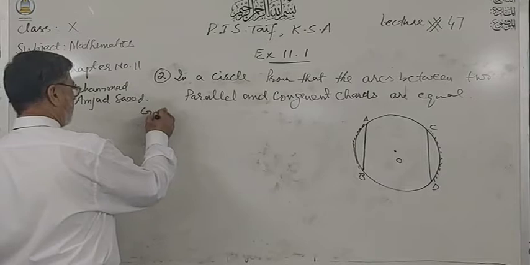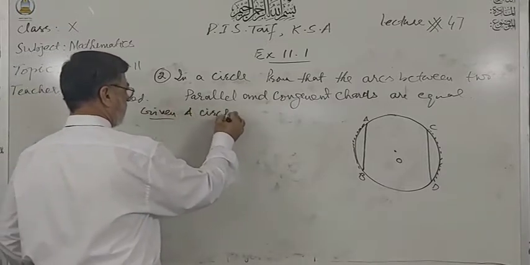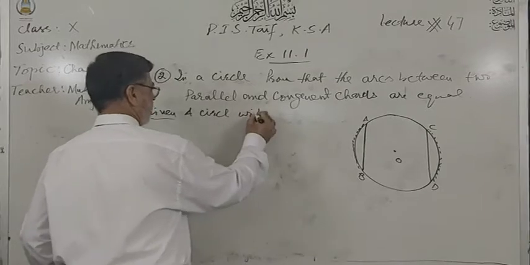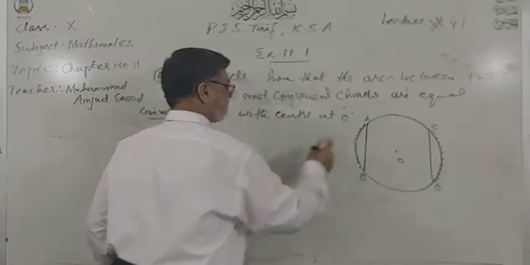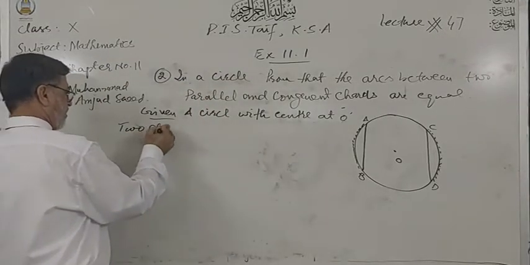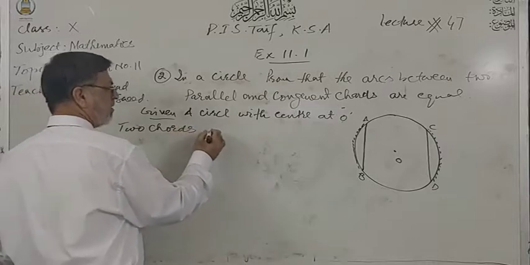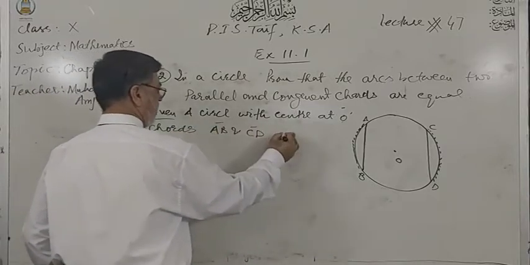What is given? A circle with center at O, two chords AB and CD are